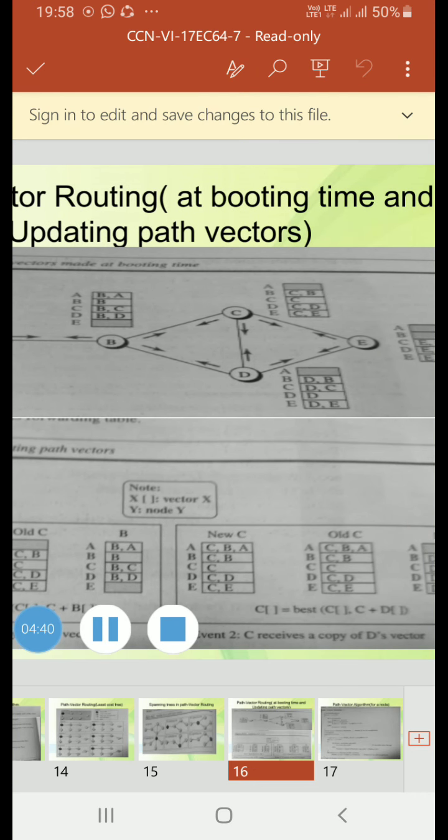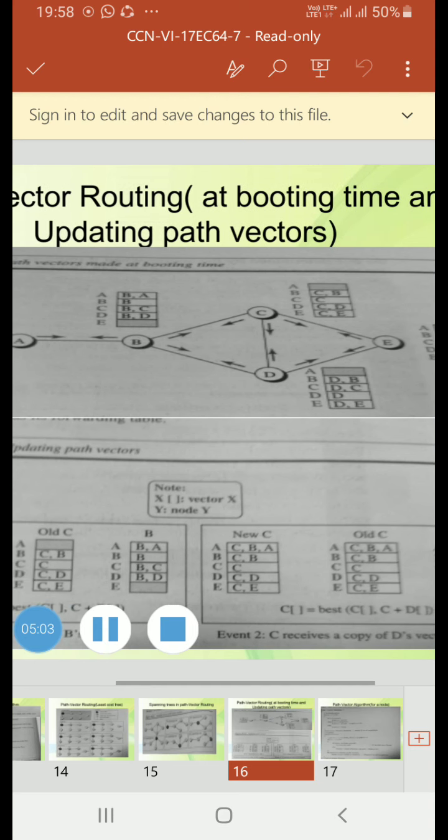Path vector routing imposes one more condition on this equation. If Path(v, y) includes x, that path is discarded to avoid a loop in the path. In other words, x does not want to visit itself when it selects a path to y. Now we'll see the figure.